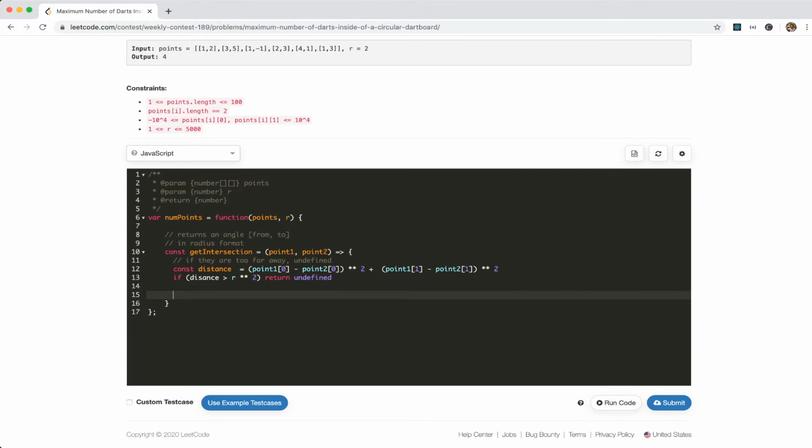Wait a minute. How can I determine the point here? 2 angles, then okay. So the distance we know, distance is like this, and this is r, so the angle is this. But the start would be the angle in this point, 2 points, and then